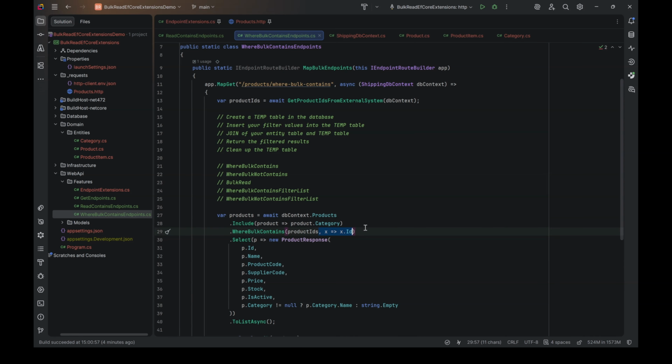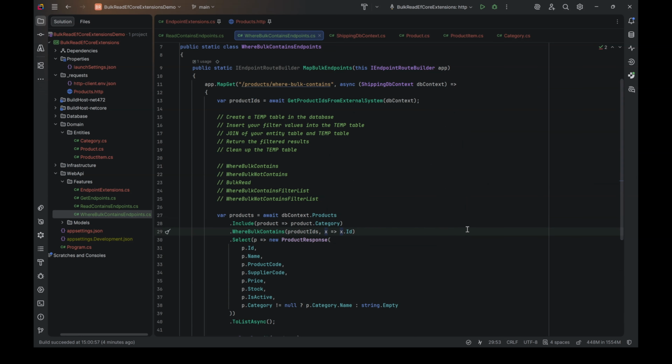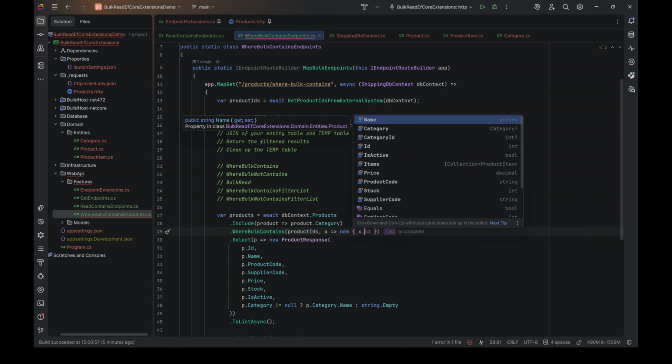Basically, you can omit this second parameter if you compare items by a primary key, but if you compare by another field, like for example, we can match by the product's name. You can also filter by multiple properties simultaneously. Here you need to provide an anonymous object where you specify a few fields, for example, product name